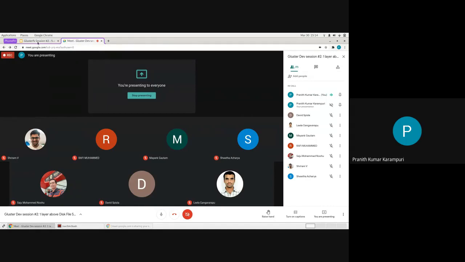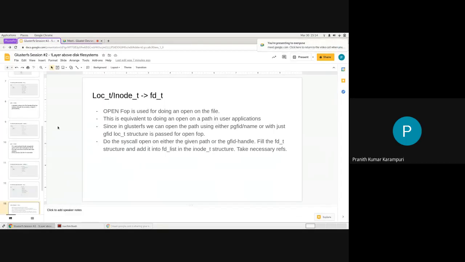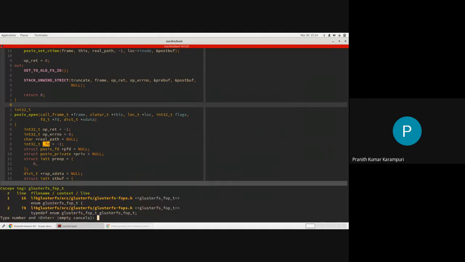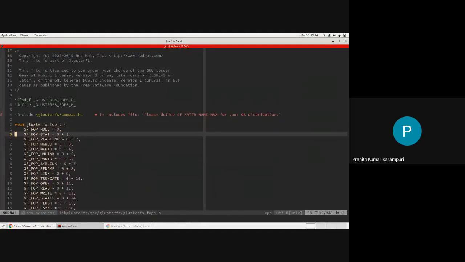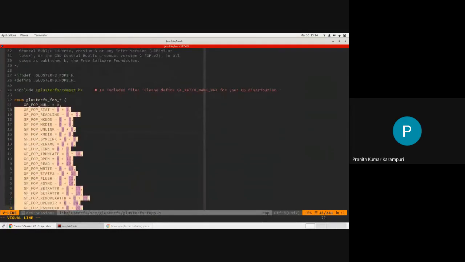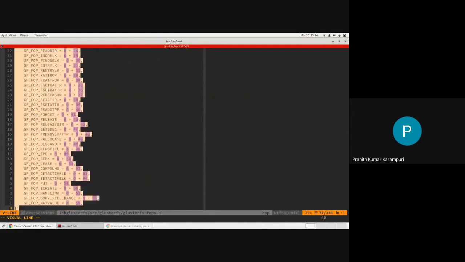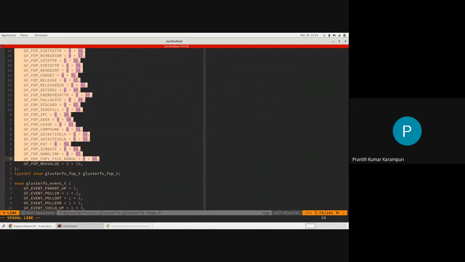Okay. So we will take a look at some of these FOB to system call conversions and how they happen in the POSIX translator. To get a list of all the FOBs that are present at the moment, you can take a look at this GlusterFS FOP table. You will see stat, readlink, mknod, mkdir, setattr, readdir, remove, allocate, all these things are supported in GlusterFS. So you can send these file operations, and they will be converted to the underlying disk file system call.